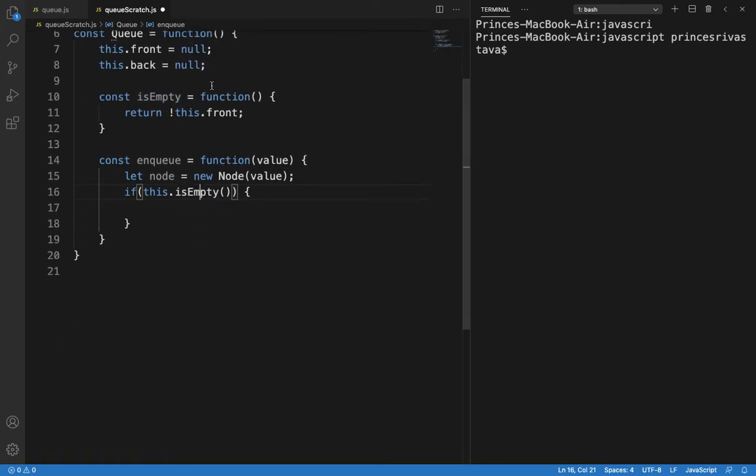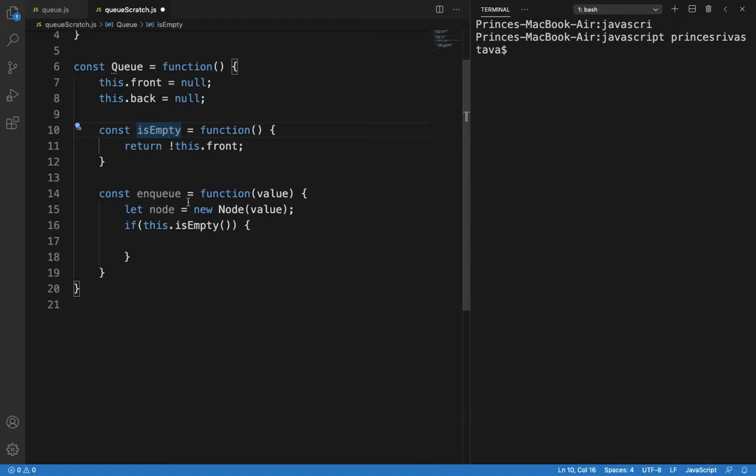I hope this should work, otherwise we will have to change the function isEmpty. We can directly use it. Okay, we cannot use this inside a function.